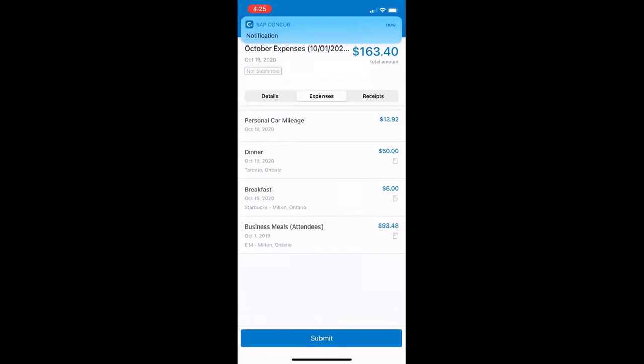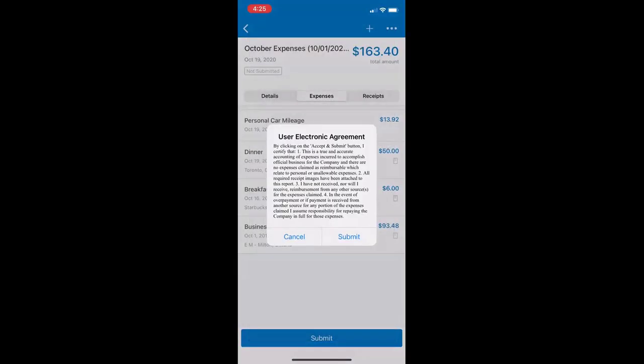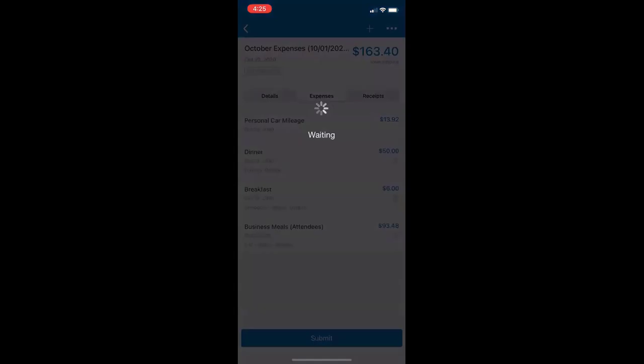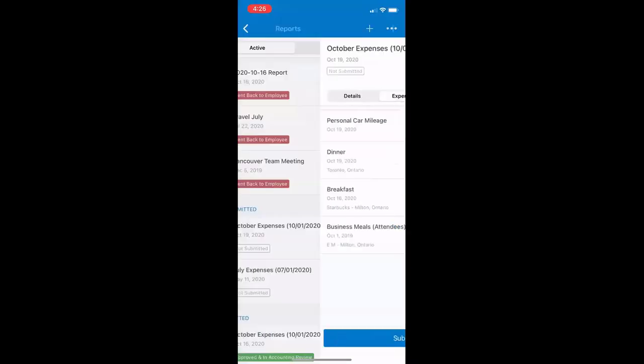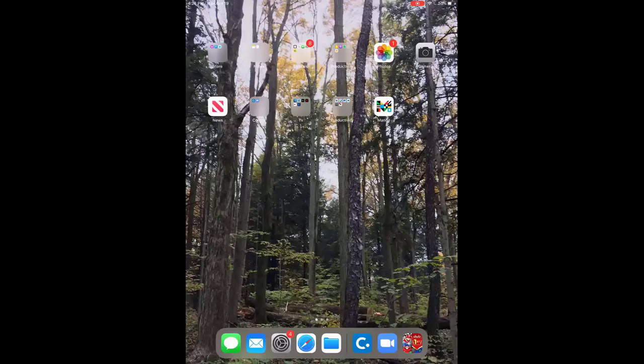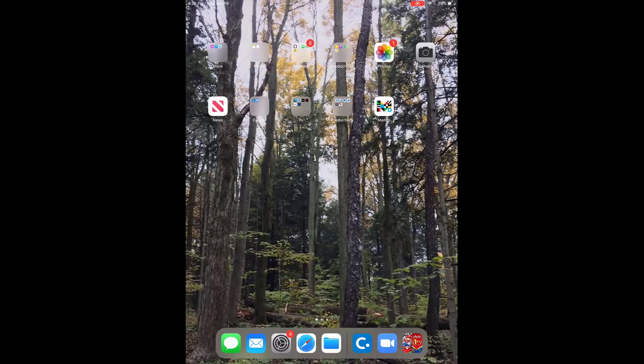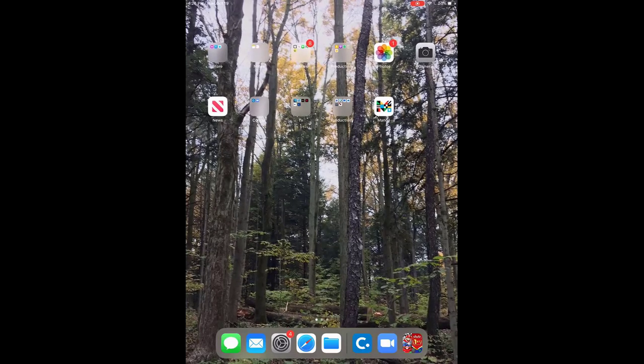All right, so everything is good to go with this expense report now, and I'm going to hit submit, and it's going to go over to my manager for approval. Submit. Perfect. So now I am logged in on my iPad as a manager, and I have notifications of expense reports that require approving. So here's another tip. If you go into your profile, when you set up your CONCUR account, you can determine what type